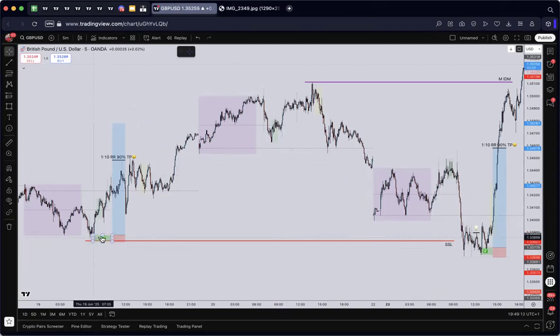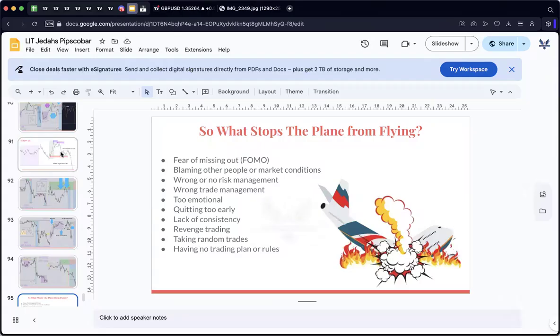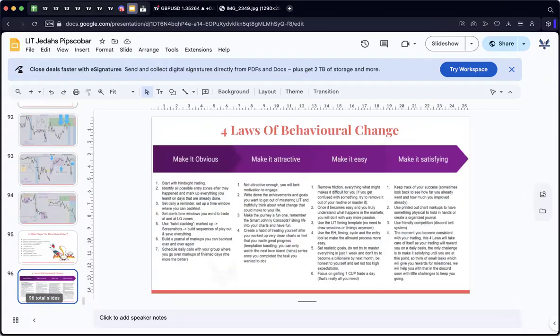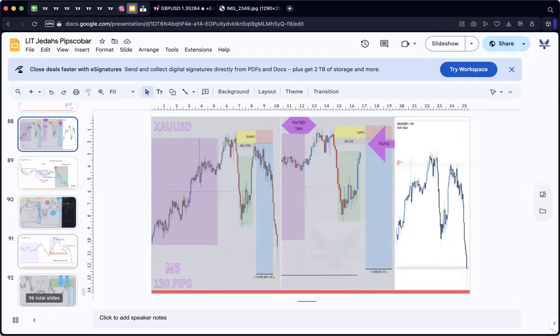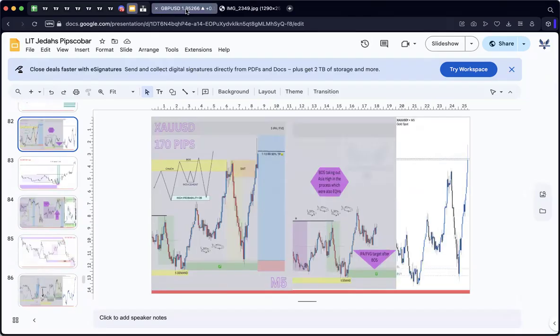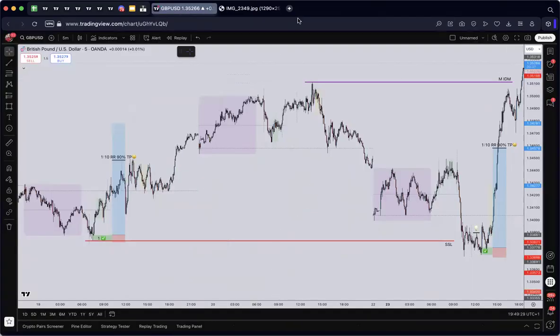With GBPUSD, as we already know from last week, it was trending upwards. We caught a trade from here on a 1 minute, and then price was doing its thing. We came back down, and then today I saw our signature move based on exactly this PDF that I've created. And I'll put a link for this in the description so you can check that out for yourself